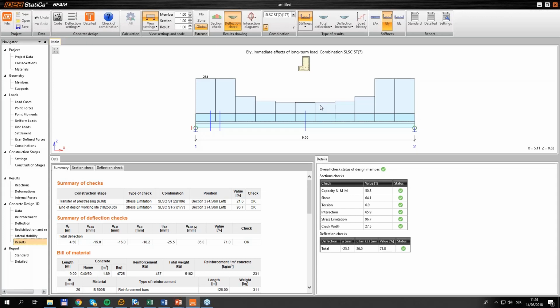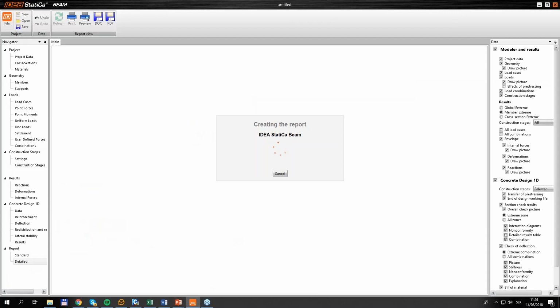And I want to include all of these results somehow in my structural report. So we have 2 types of reports. One is the standard one, and then usually we go for a detailed one. So if I go for a detailed, it will create the report,